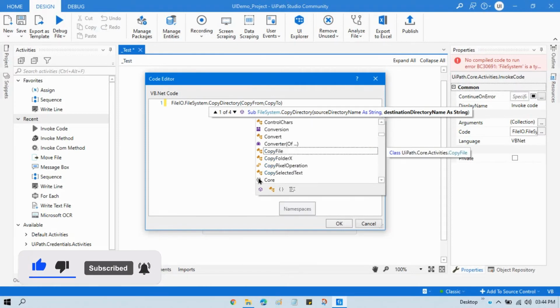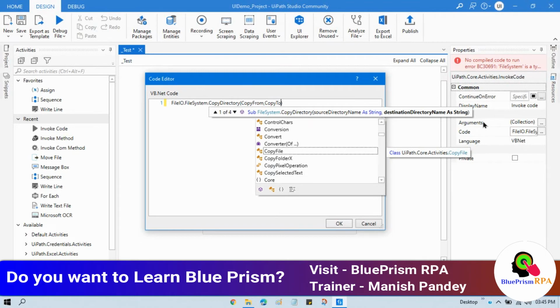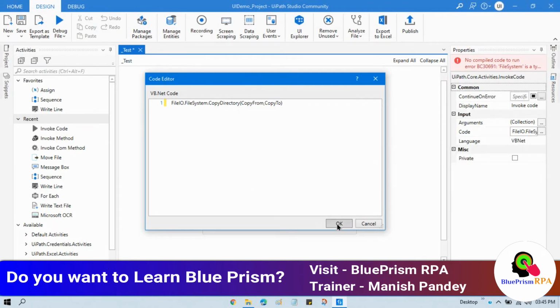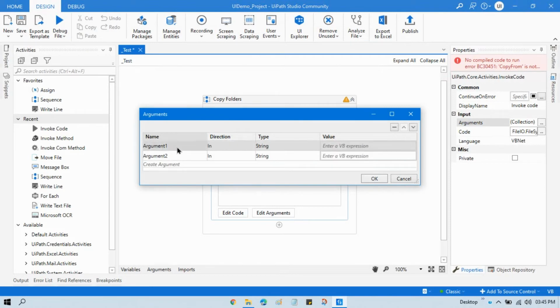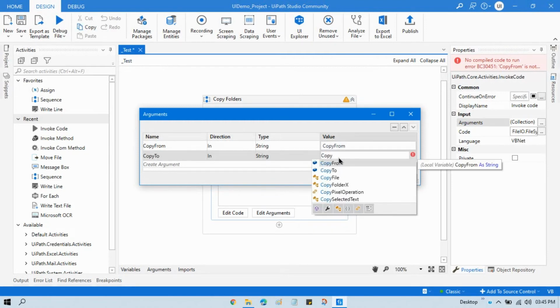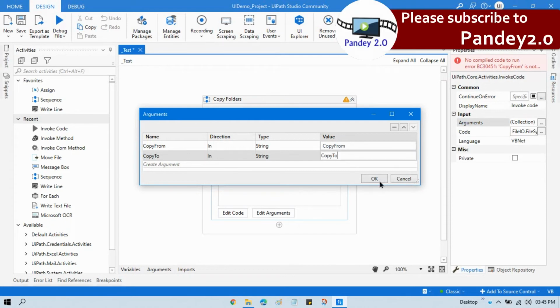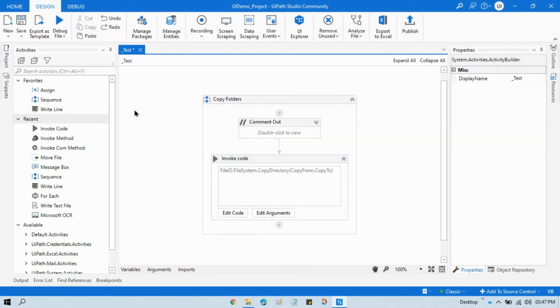Currently this is not showing here because we need to pass that argument here also, and click OK, and go to the argument collection, create two arguments, one for copy from, and pass here that copy from variable, and take another argument, that is copy to, and the same value will be taken from our variable, that is copy2. Now click OK. Now we can run this one.